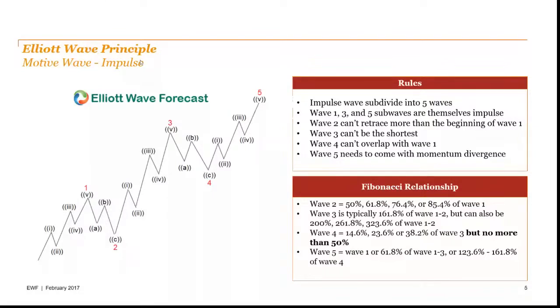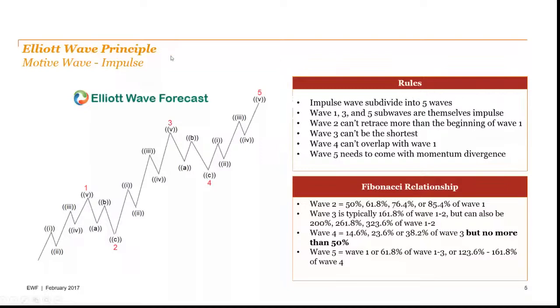Now, waves 1, 3, and 5 subwaves are themselves impulse. Look, wave 1 subdivides into 5 waves itself. Wave 3 is also 5 waves. Wave 5 is also 5 waves. So they themselves also subdivide into 5 waves. I think it is more accurate to say 5 waves, because this could be a diagonal, this could be a diagonal. So I think it's better to say that waves 1, 3, and 5 subwaves are subdivided into 5 waves themselves. Okay, and then wave 2, which is this 2 in red here, cannot retrace more than